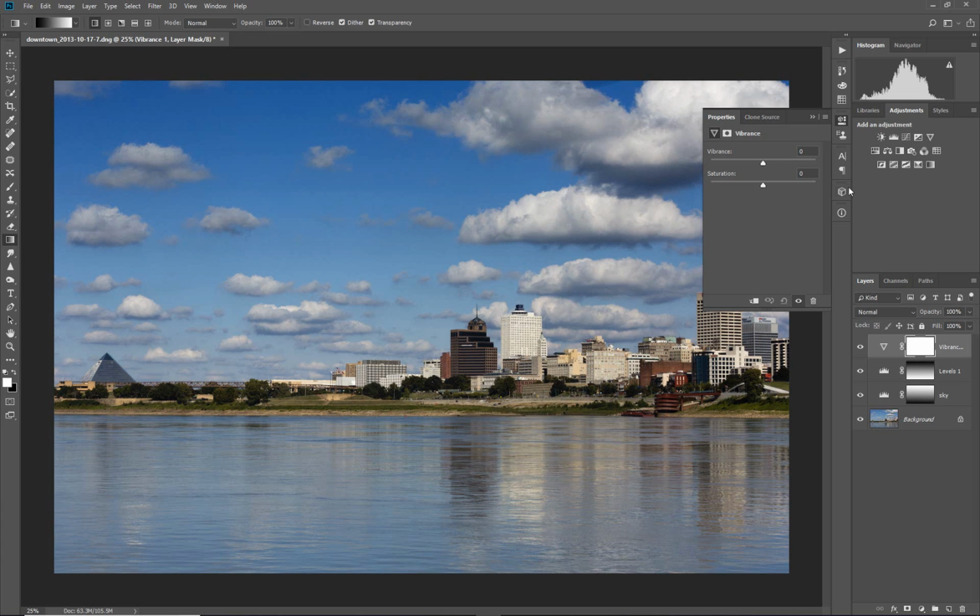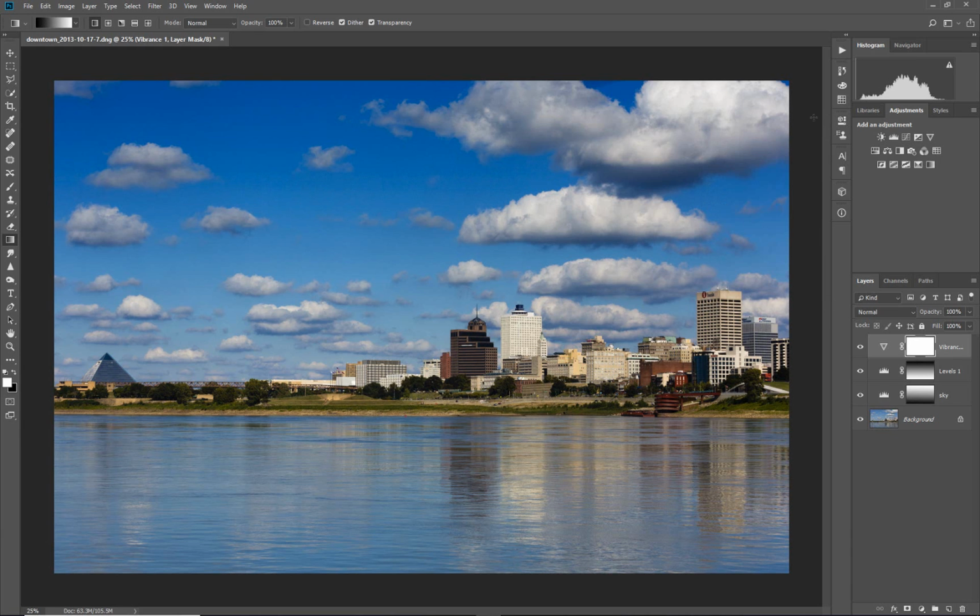Select vibrance, and again, it's probably more than I would do, and as you can see, it's affecting the entire photograph when I really only want to catch the buildings in the skyline. So at this point, what I want to do, since I want to get this narrow strip,